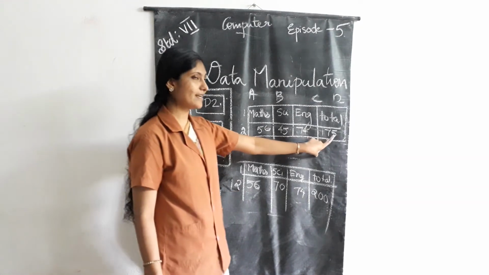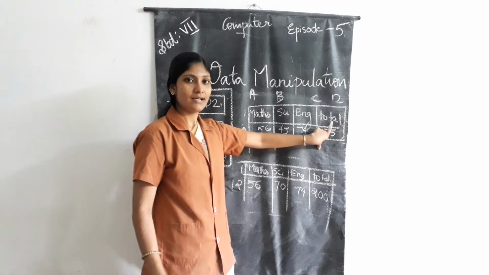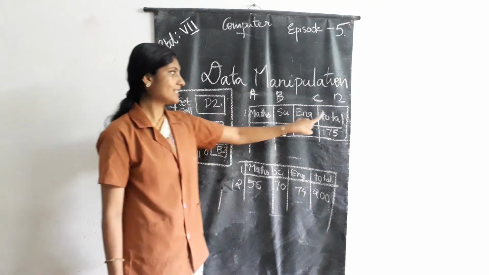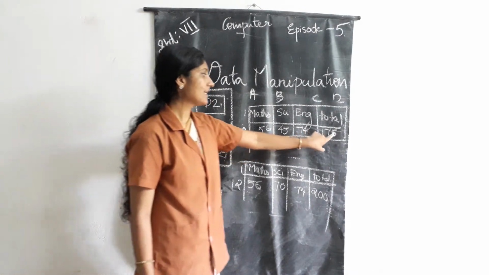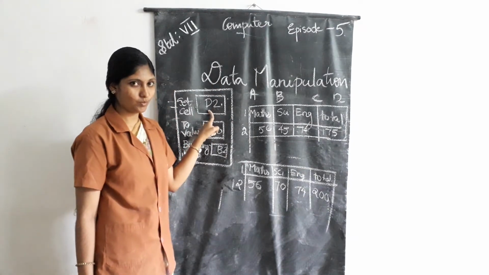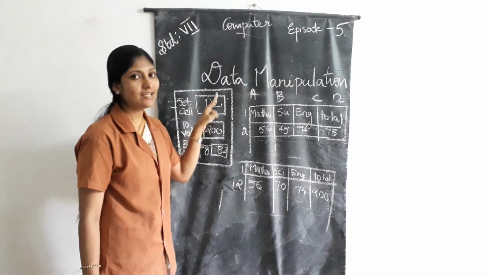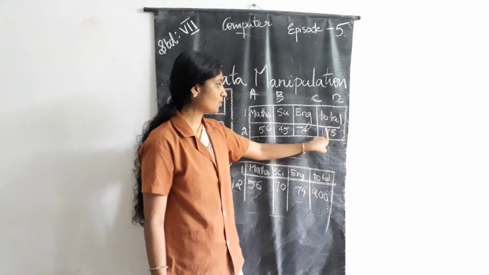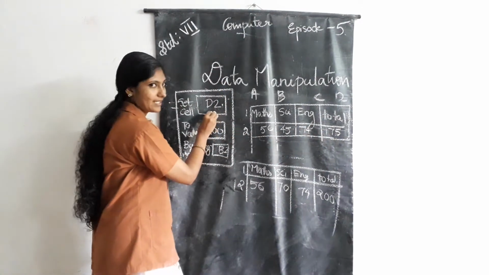So here the output is total, right? Here the final result is total. We can enter the cell address of total. What is the cell address of total here? 175 address is D2. That is D2. Set cell means here you enter the cell address of your final output. So final output is 175 and its cell address is D2. So just enter D2.